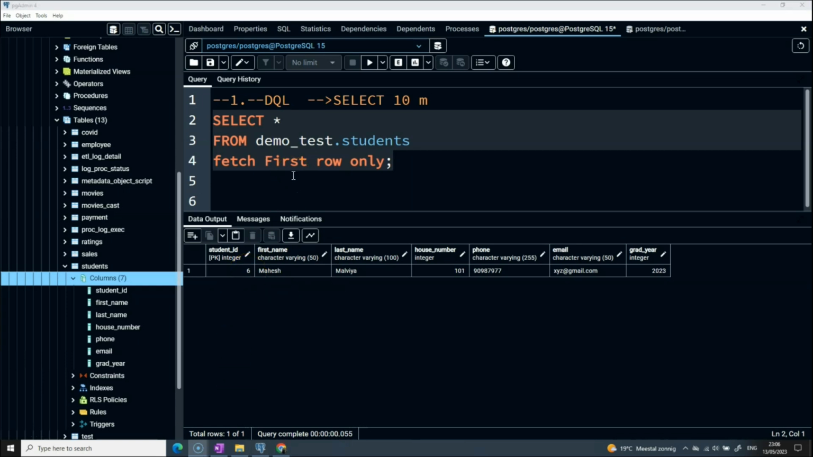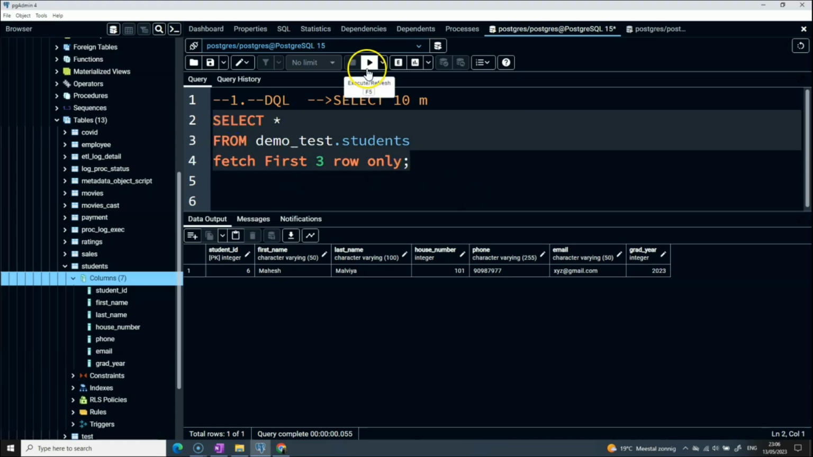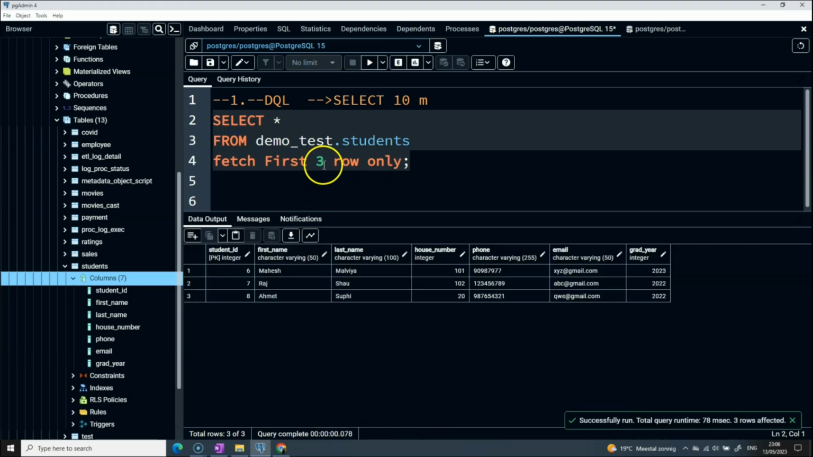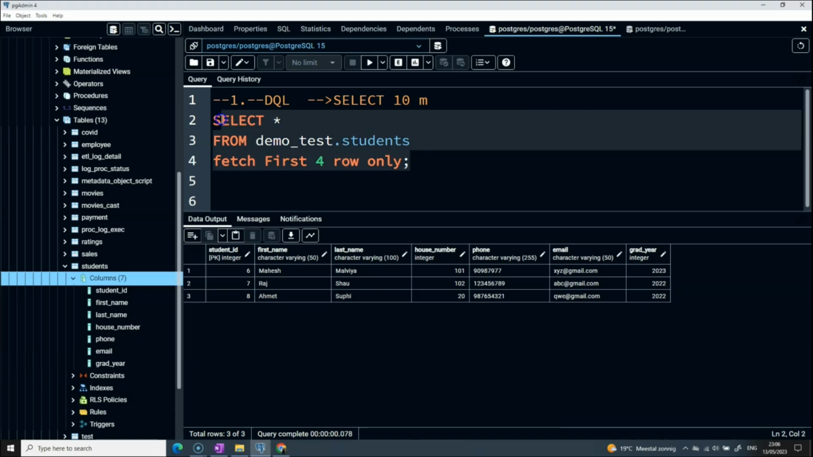Now if we want to do first 3 rows, then what do we write down? Same: fetch first, then the number. So 3 rows only, it displays 3 rows here. If I want to do 4 rows, I just change this number to fetch first 4